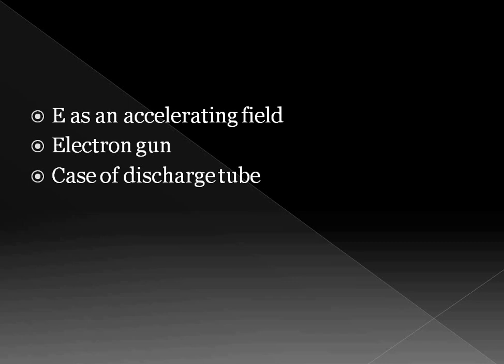So the discharge tube is usually a glass tube, with two electrodes sealed inside its walls. When a voltage is applied to the electrodes, the pressure of the gas in the tube is reduced. Eventually, a pressure is reached at which a current flows and the gas begins to glow.